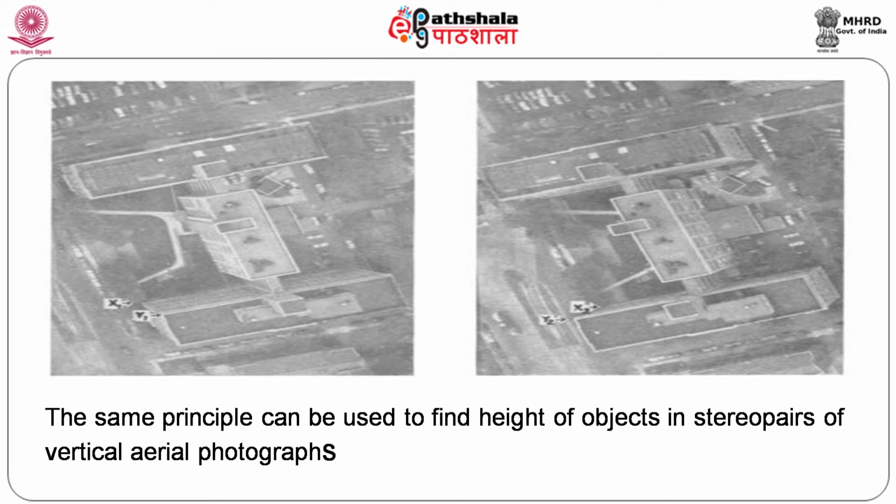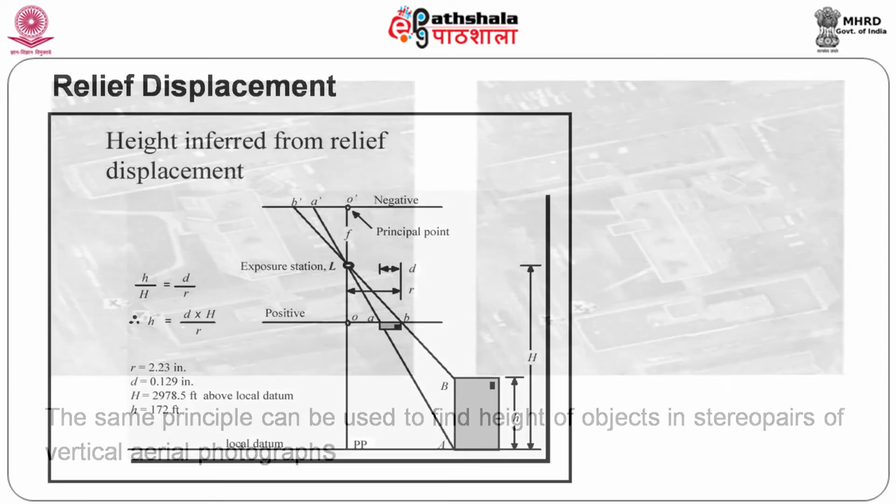So, when I get this, it will become a single object, and I will know the height of this point and this point. If I know the height of these 2 points, definitely I will be in a position to get the height of the object. So, that is what we normally use for getting the height of the object. This is what I was just showing you now.